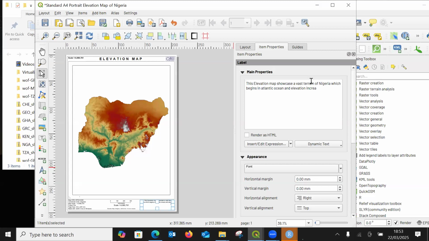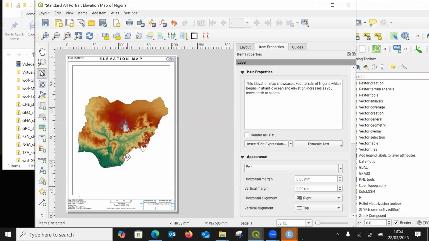increases as you move north, as you move north to the Sahara, averagely. This can be an example, though as you can see, the western part and the central part are the highest parts of Nigeria. But overall, if you go from the Atlantic Ocean, as you go up, the elevation, averagely